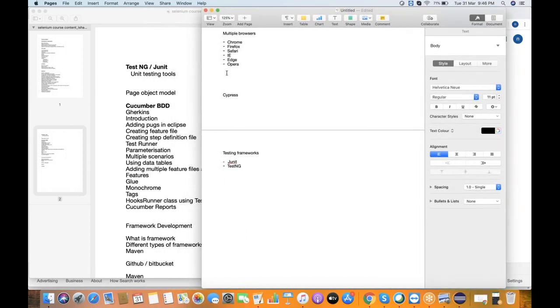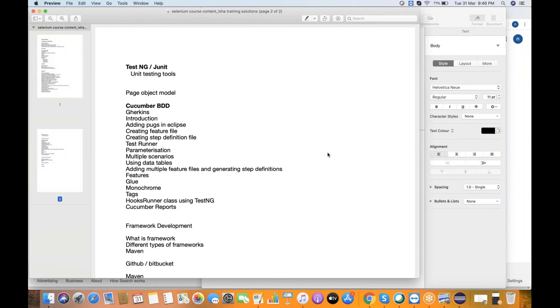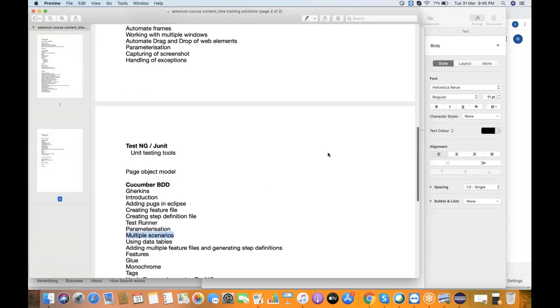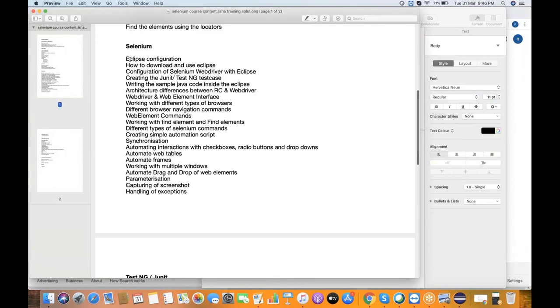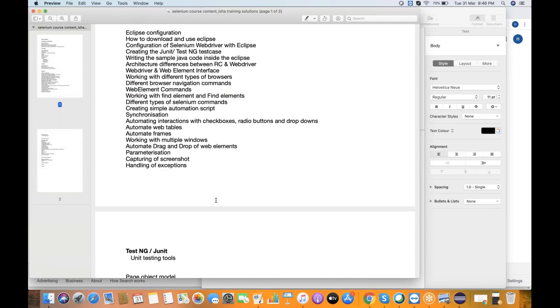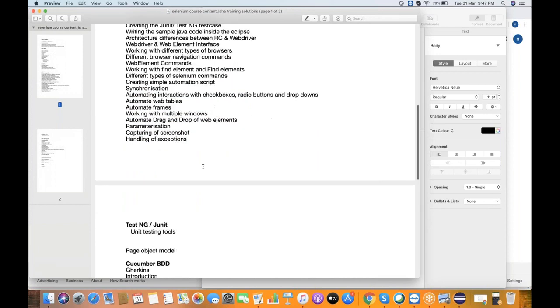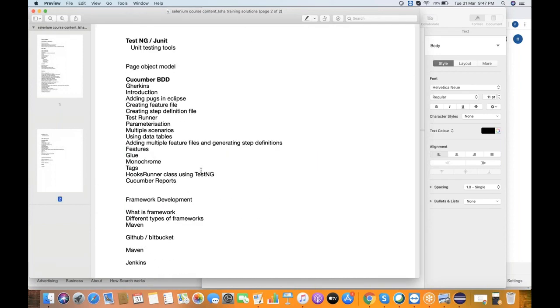But before that, we have to completely understand the concepts of Selenium. From a learning perspective, we will be developing some test cases. Once you are familiar with Selenium WebDriver with Java and write some test cases in the normal way, while learning, we don't use the framework right away, right? You should know to learn all these things. Once you are familiar with all these concepts, then we'll be discussing page object model as well.